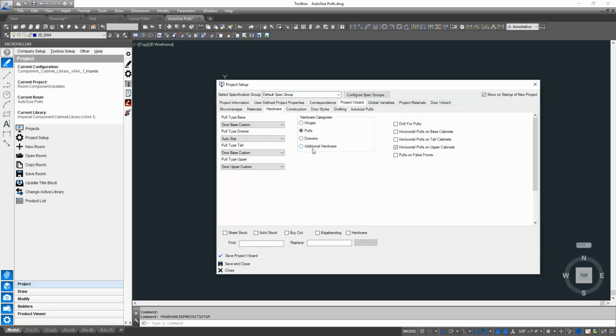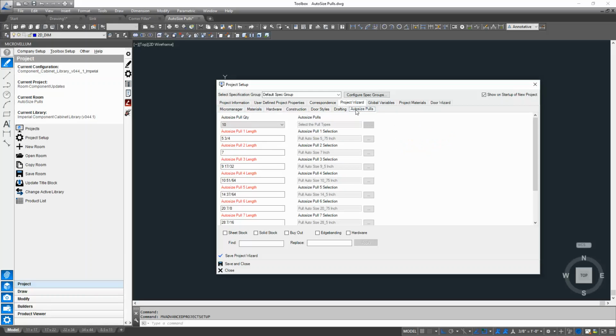And that's been updated to now have an option in the wizard here to be able to select what type of pulls are included in your auto size. By default, the auto size is going to load up with all of our available pulls that we call auto size, but you can actually set those to any pull that you'd like. So if we change this, and let's say our job has 3 different pull sizes that are used inside of our cabinets,